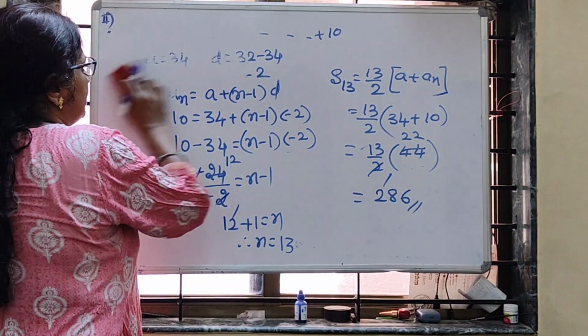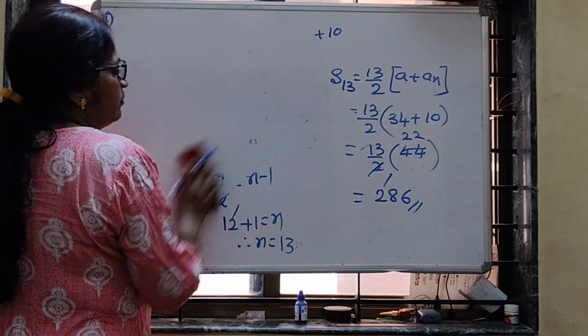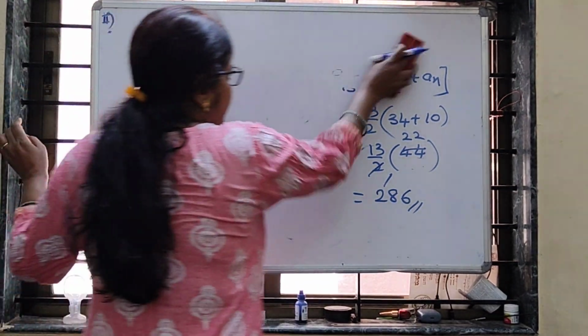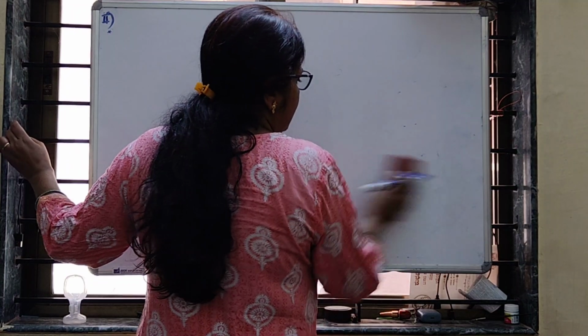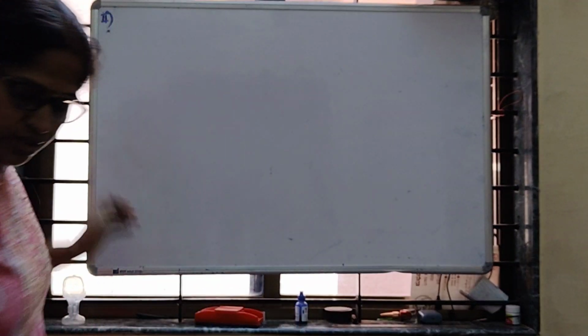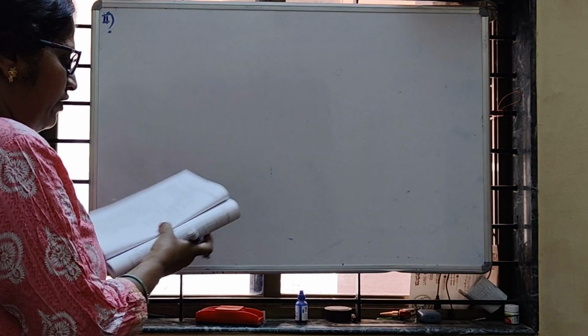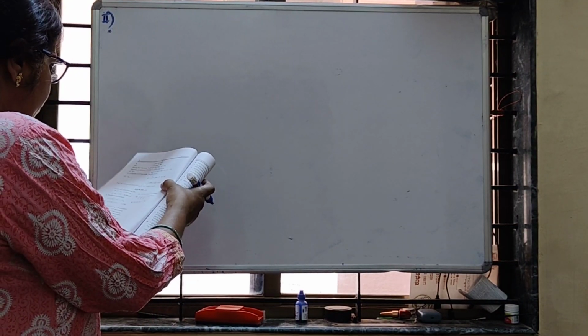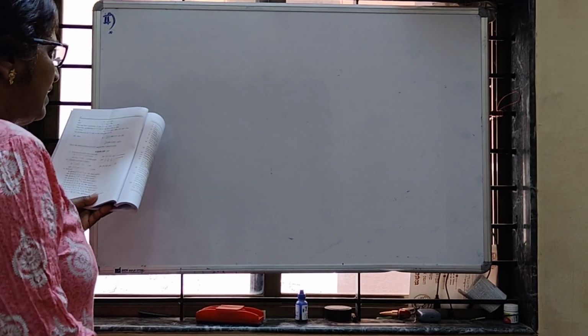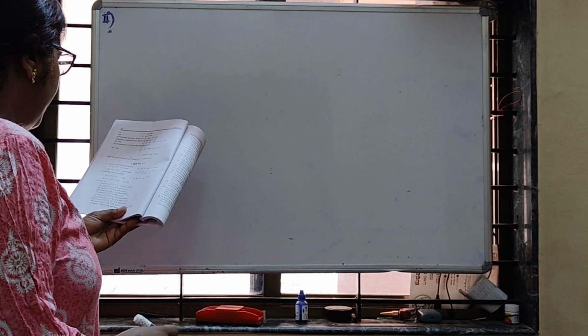Now one more question is there, that is the last question of the second main. So many questions are there in this exercise, children. So slowly you can do it. If you do it on your own, it will be easy. Only for reference you can refer to the video. But until the last, once you refer, then it will be perfect.